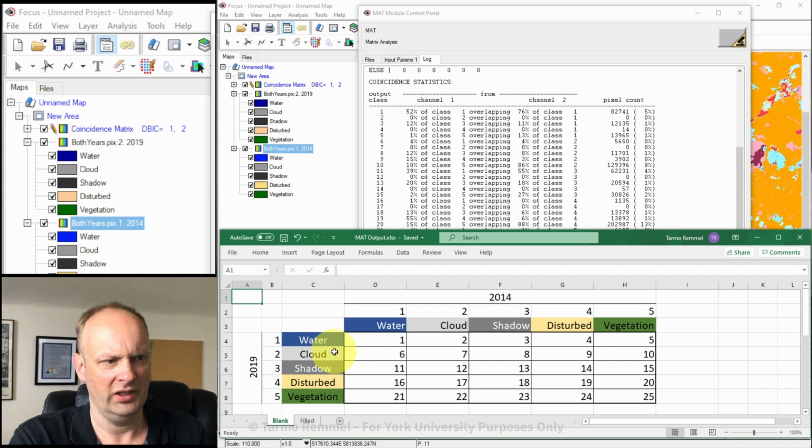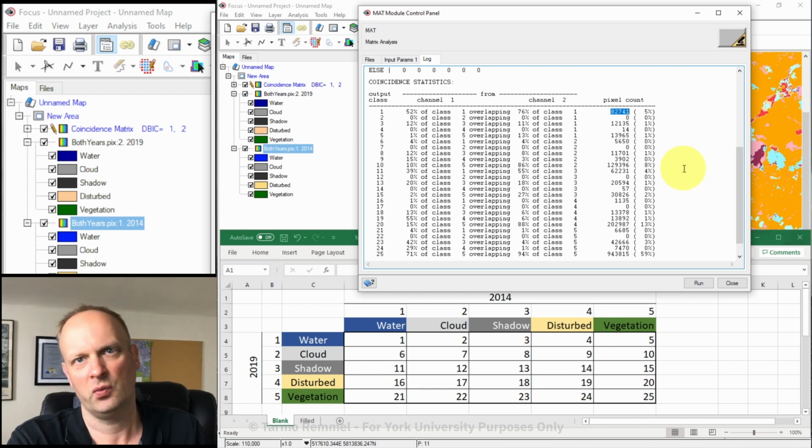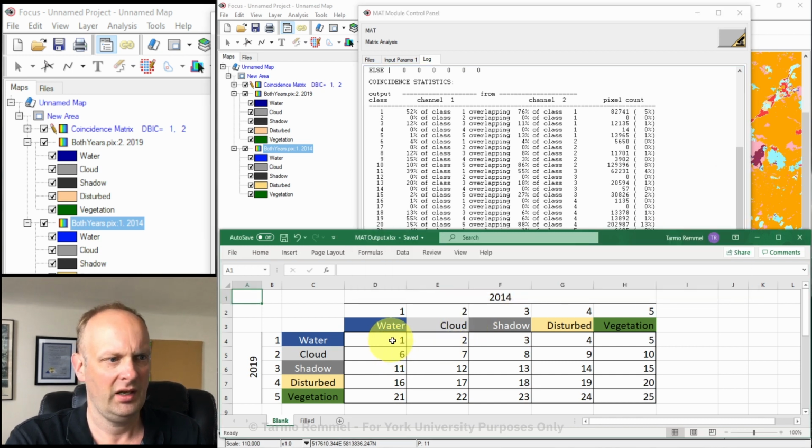Now, what we need to do is look at this output class number 1 and realize that there are 82,741 pixels that meet this condition. That is, water that was labeled as water in 2014 remained as water in 2019. So we can highlight that value, hit Control C to copy it,